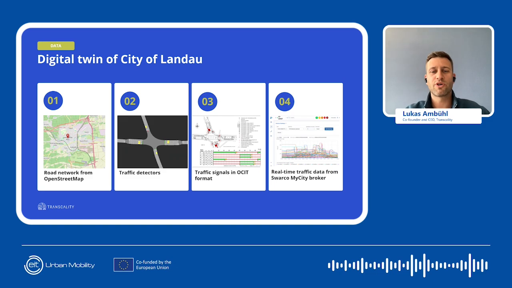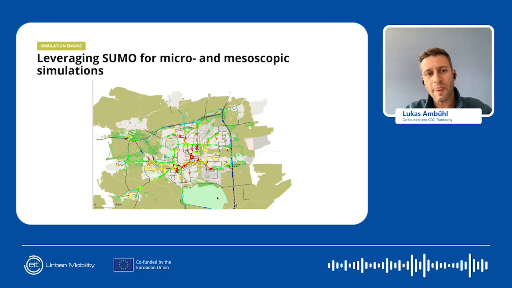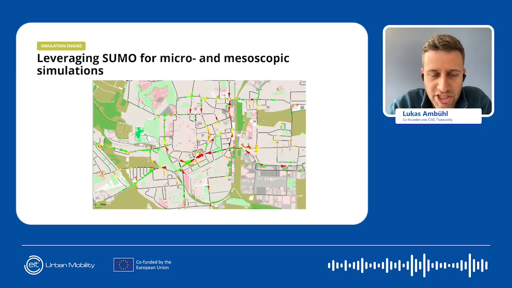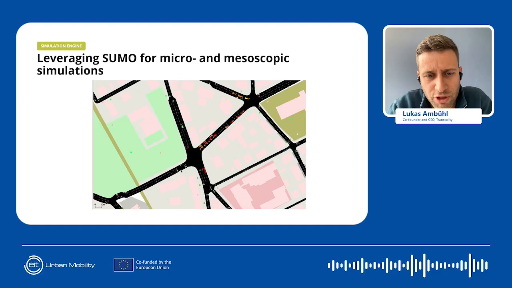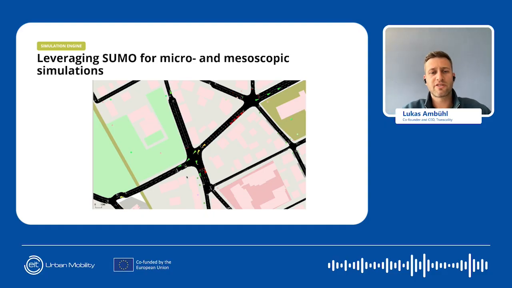And in the end, we were able to gather, as I said already, the real-time traffic data from the broker of the My City product from Sorgo. And how that looks is this small simulation that we built. This is built on Sumo, which is an open source version of a micro or mesoscopic simulator. You see here the little arrows being the little cars. So really every car was also the one that we statistically had